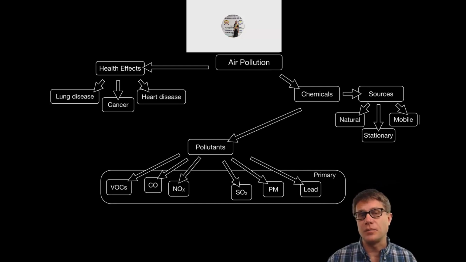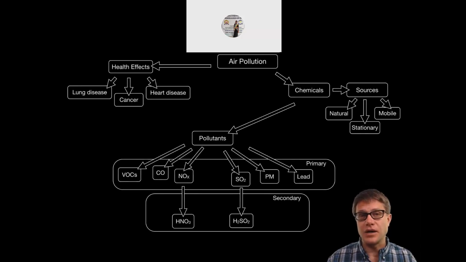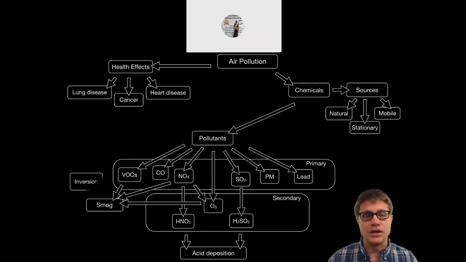That means they're produced by the source themselves, but they can combine with other chemicals in the atmosphere and produce secondary pollutants. So for example, NOx can produce nitric acid, and sulfur dioxide can produce sulfuric acid. And these combined can produce acid rain, or more generally acid deposition, that has huge impacts on life. And then one of the pollutants that you're probably most familiar with is ozone, that can be produced through sun. And also we need nitrogen dioxide to produce that. And if we can combine a lot of these, then we have smog. It's probably the most famous type of air pollution that you're familiar with, and it's exacerbated by things like temperature inversions.